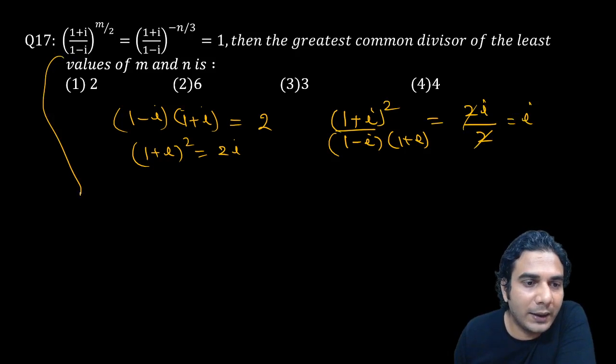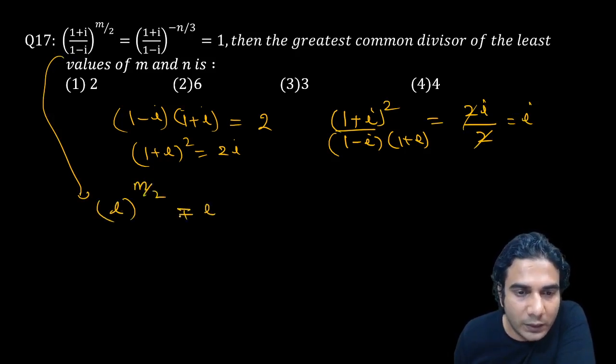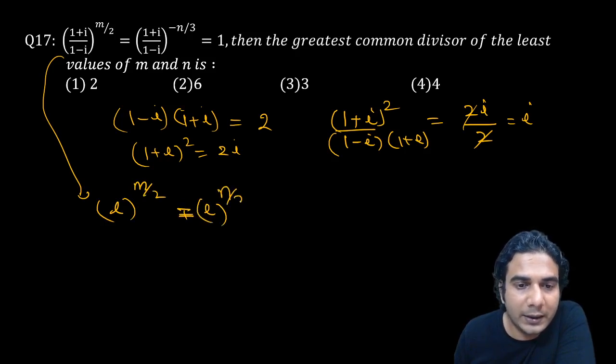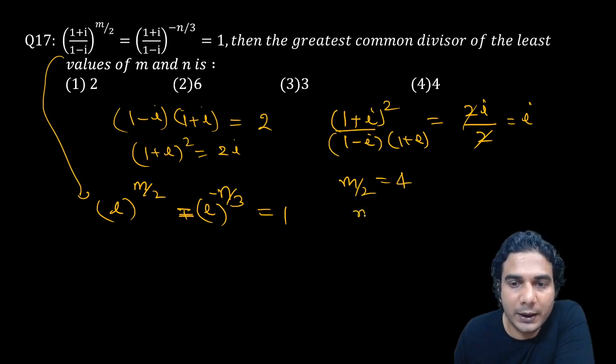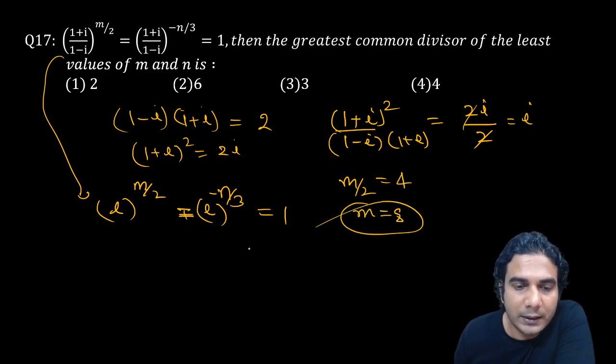That means I can write this as i raised to m by 2 plus i raised to minus n by 3 is equal to 1. So i raised to a multiple of 4 is 1, right? We need the greatest common divisor of the least values of m and n. So for least values of m and n, let's take m by 2 is equal to 4, it should be the least value. So m is equal to 8, and minus n by 3 should be